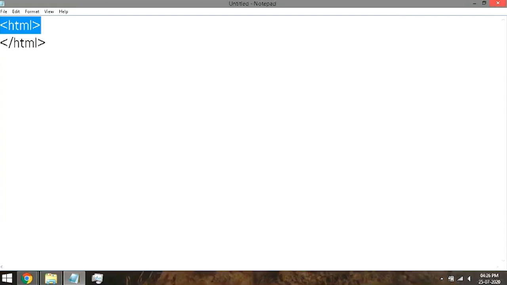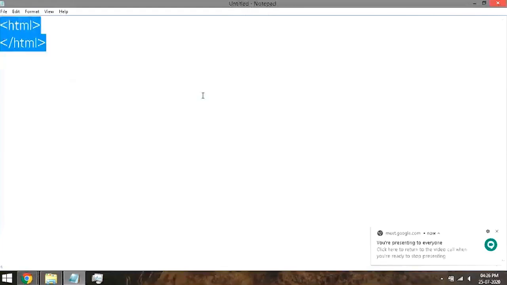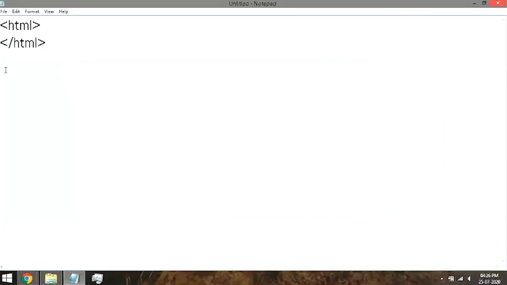So an HTML tag defines to the browser, whatever browser you may be using, Chrome, Firefox, whatever, that in this page, the markup of the website will be written, as HTML stands for hypertext markup language. So within this, now we can have a head tag open, head tag close, simple as that.